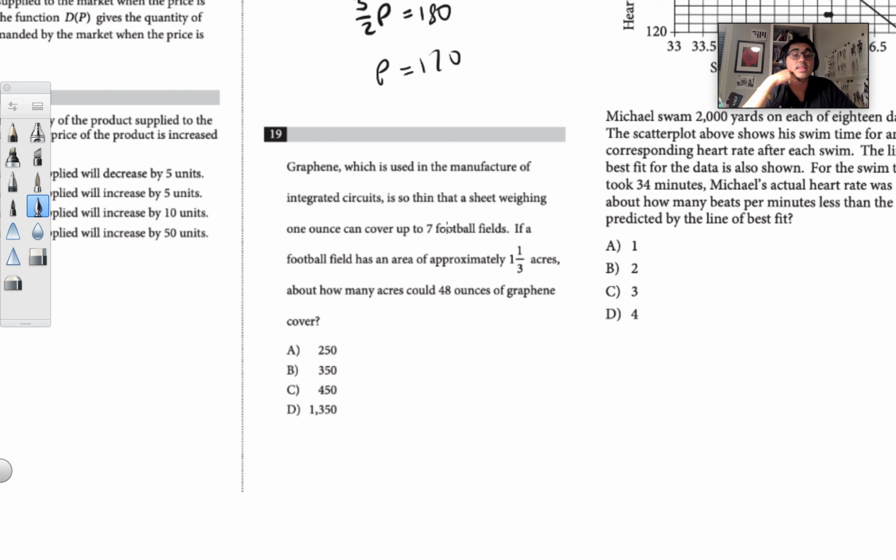Graphene, which is used in the manufacture of integrated circuits, is so thin that a sheet weighing 1 ounce can cover up to 7 football fields. If a football field has an area of approximately 1 1/3 acres, about how many acres would 48 ounces of graphene cover? Alright, so 1 ounce can cover up to